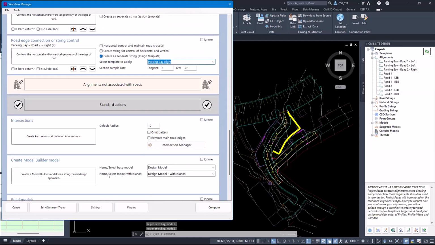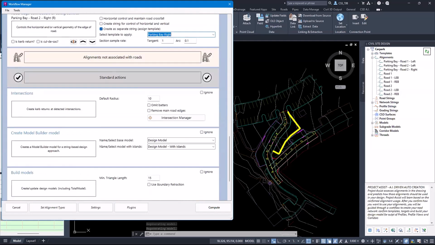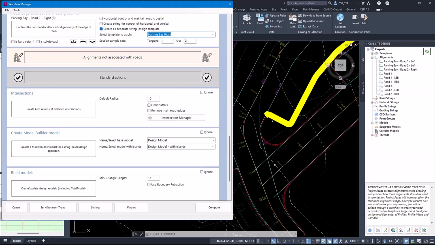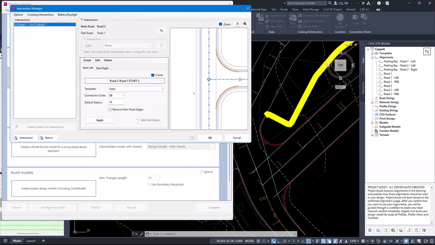Then down the bottom here is some options to how the software builds things, which is great. It's going to build me a model. It's called Design Model. Up here, I can set the Kerb return defaults, which is what's going to happen at this part of the model. However, the introduction of Intersection Manager has been also included in the Project Assist workflow now. So I can actually come in here and go Intersection Manager, and it says up here, this is road 2,